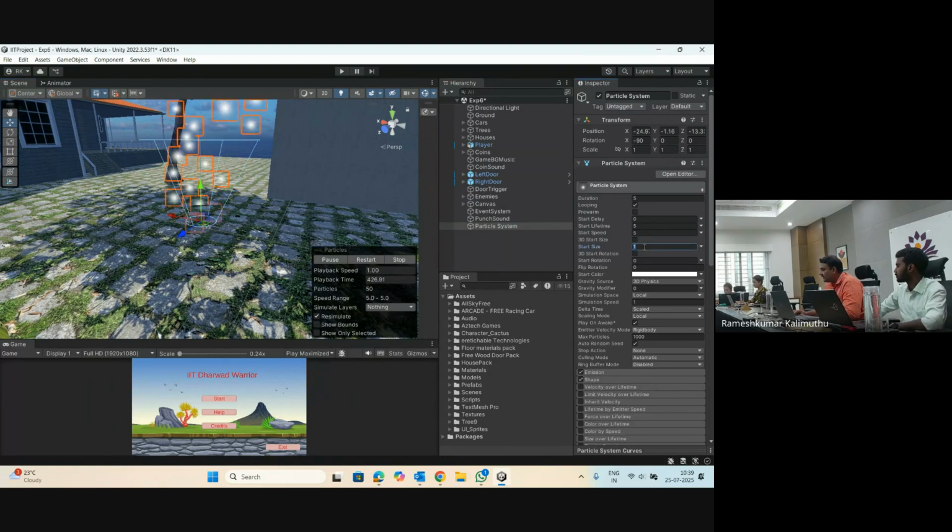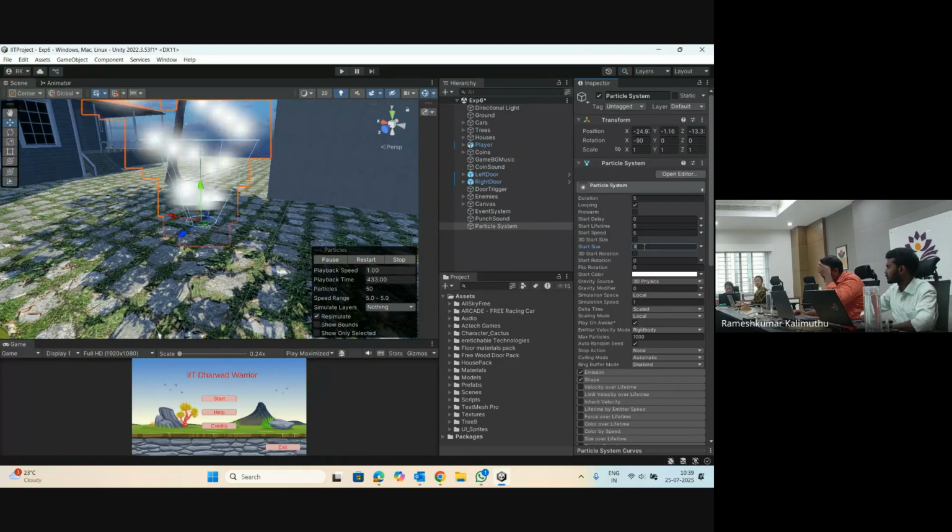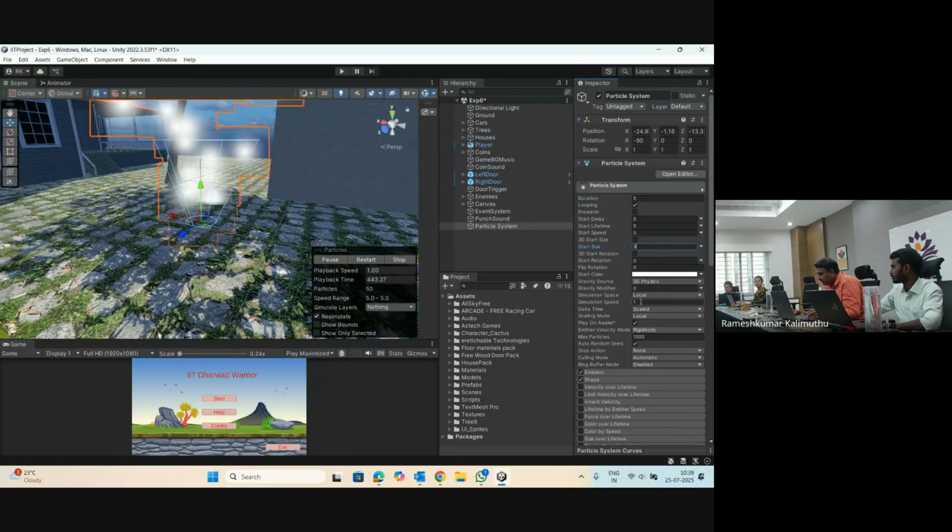If you increase the size to 3, now it is a different effect. Can you see this? It is giving the smoke. After that, if you want to increase the speed, the simulation speed is 1. If you make it 5,